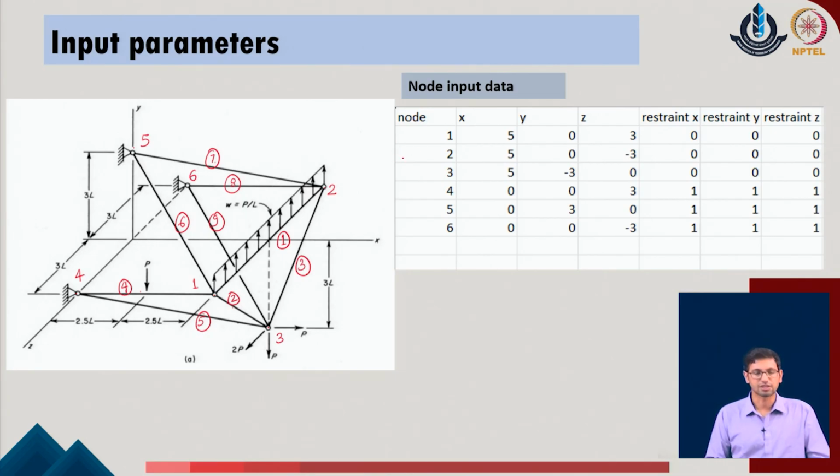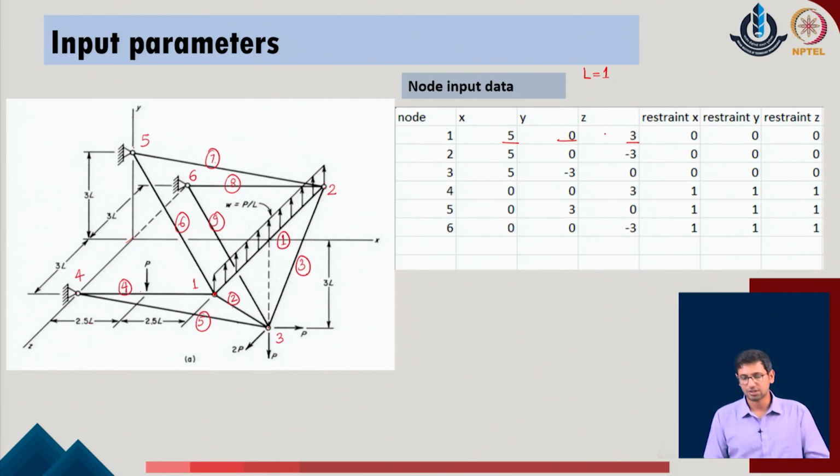Now as input data, as a first step, we go with all the nodes and define their x, y and z coordinates. Starting with node number 1, which is over here, we identify that the x coordinate in the given direction is equal to 2.5 plus 2.5 plus 2.5, which means a total of 5 units. The L value is equal to 1 meter. In the y direction, as it is in the y equal to 0 plane, the y value is 0, and the z value, as it is in the positive z direction, is 3. So this way we are able to identify the individual coordinates for all of the points in the given system.